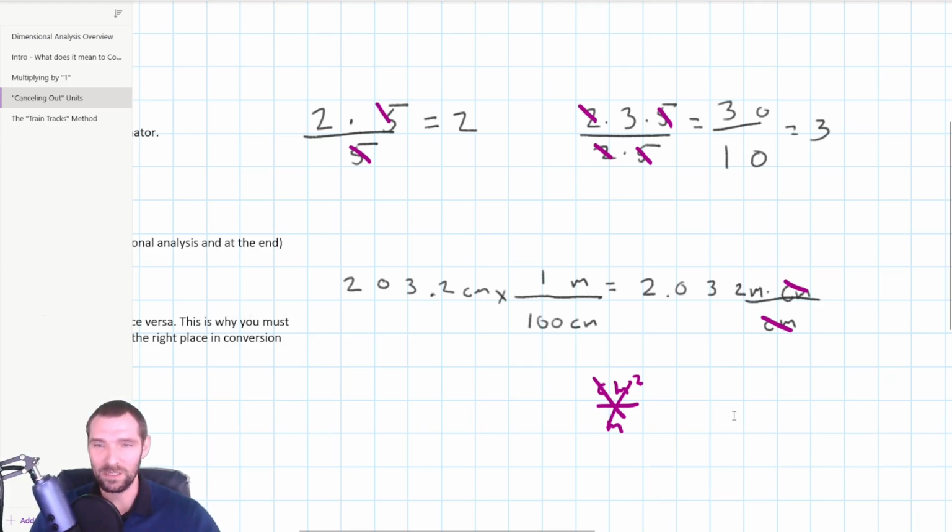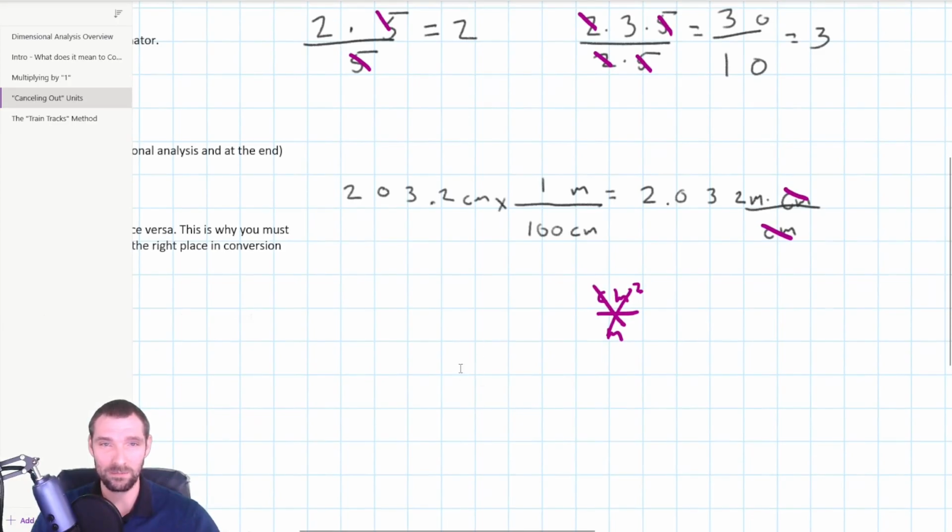That's why I encourage my students to always write in their units and to always physically cancel them out. Because when you start getting harder numbers that are a little bit more abstract, it can be pretty difficult to keep track of. Now, if we had something simple like, let's say, 24 inches, and we know that 12 inches